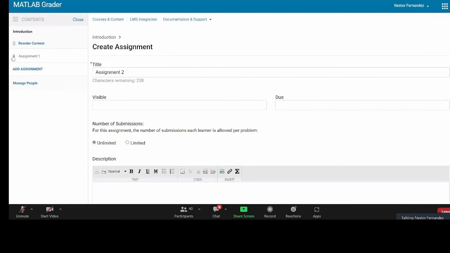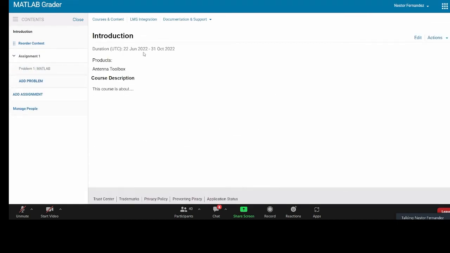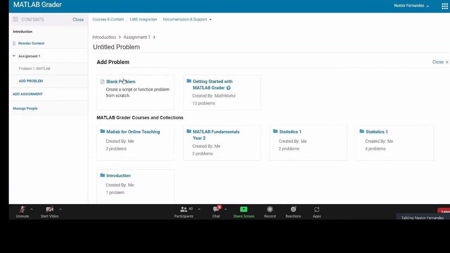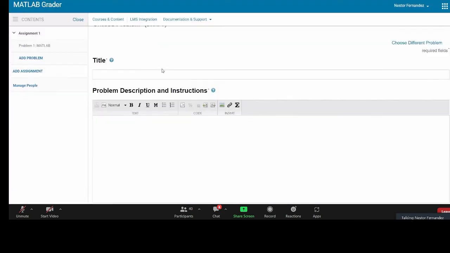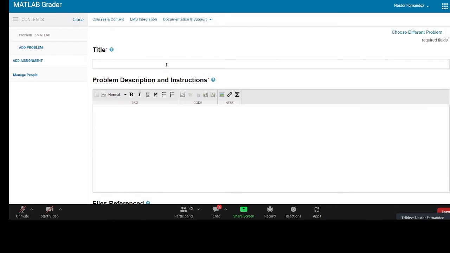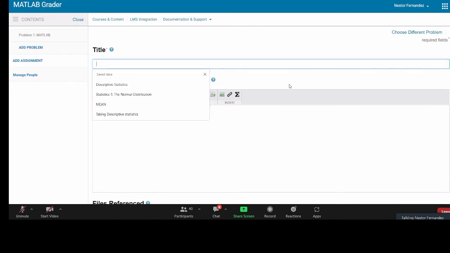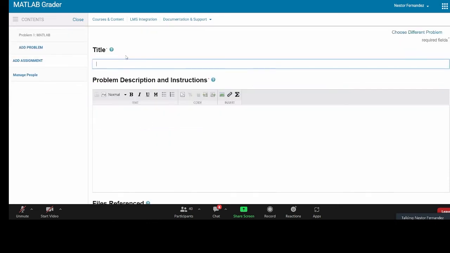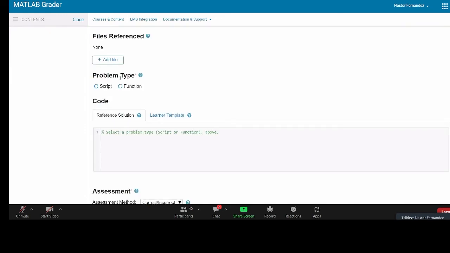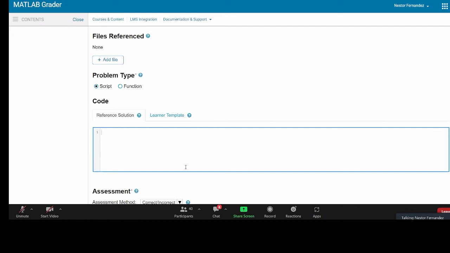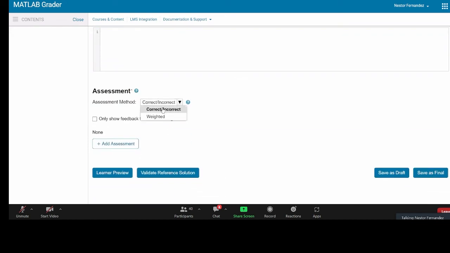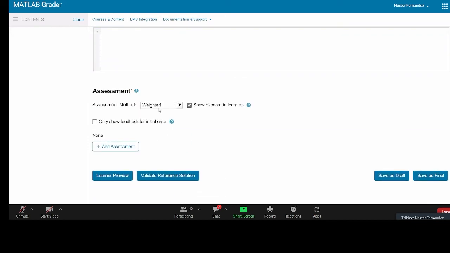Let me go back to my assignment here and add a problem. So here I can add a blank problem. I can change the title of the problem, solving numerical equations. I can add the description, add some files, and choose the script. And here I can just put in a reference solution and set what kind of problems I would want them to,